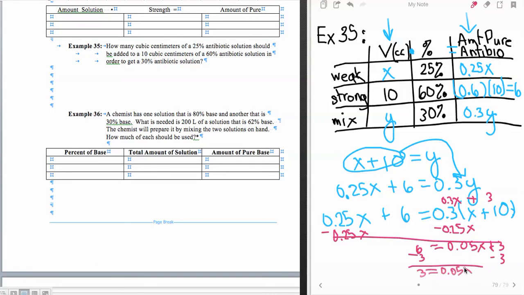0.05x. And that's where I actually a lot of times will clear this. So 2 places to the right here and 2 places to the right here. So I end up with 5x is equal to not just 3, but 300. And that makes it easier for me to solve without a calculator. 5 will go into 30 six times and 0, 0 times. And so this is 60 cubic centimeters of, and this is the